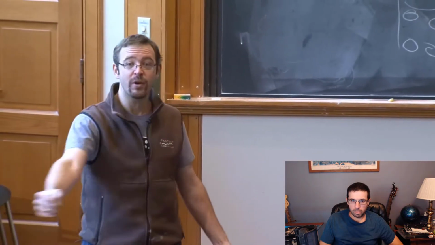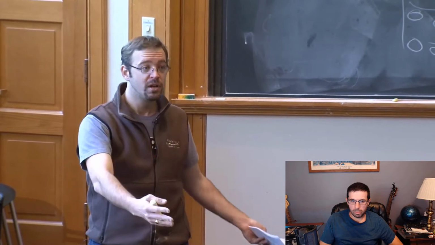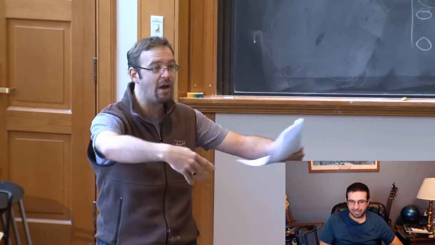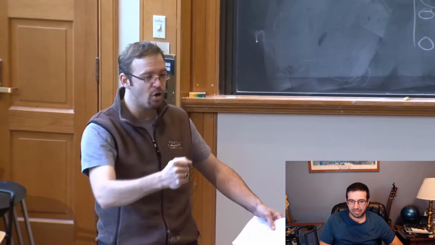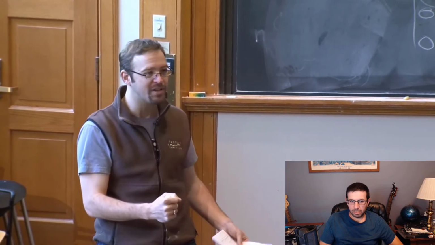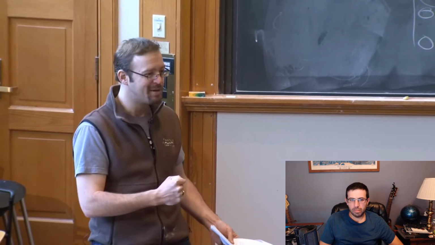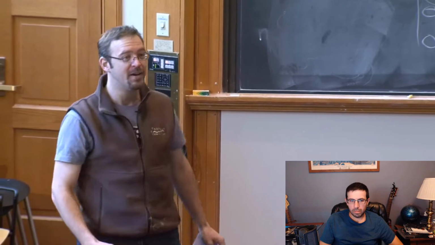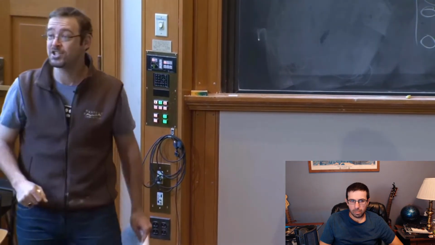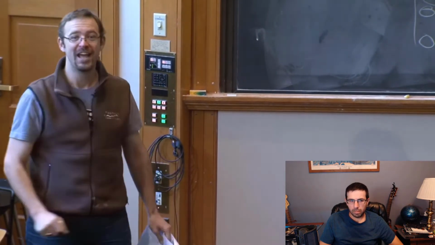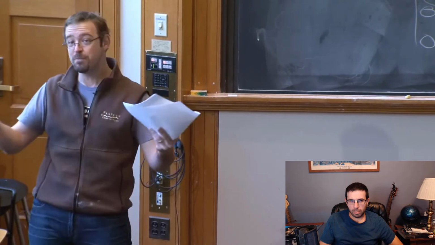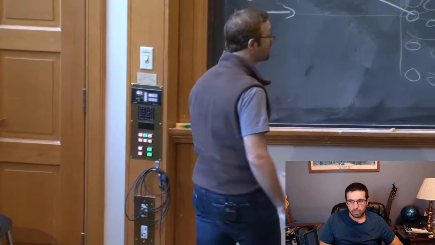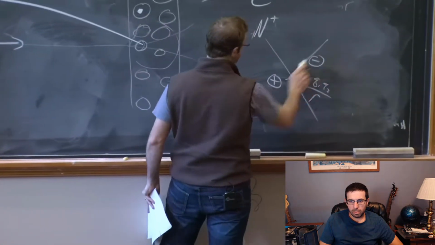What happens when you accelerate a charge? It radiates. Yeah, exactly. So if it's radiating, it's got to lose energy. It's dumping energy out of the system. So it's got to fall lower into the potential. If it falls lower, it speeds up. It radiates more because it's accelerating more to stay in a circular orbit. It radiates more. That means it has to fall further down. So on the problem set, you're going to calculate how long that takes. And it's not very long. And so the fact that we persist for more than a few picoseconds tells you that this is not a correct picture of an atom.